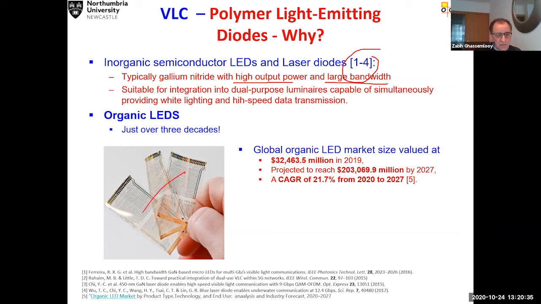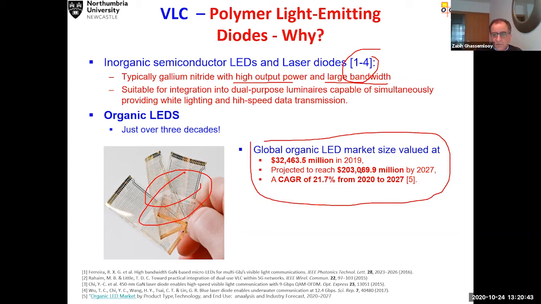That's how they look like, transparent, thin, you can paint things and so on. And look at this global market. 2019, almost 32 billion. And it is expected in the next 7 years to go up to 203 billion US dollars, which is a phenomenal market. So therefore, for companies to get involved with it and convert it into optical antenna, there is a good incentive as far as the cost is concerned.